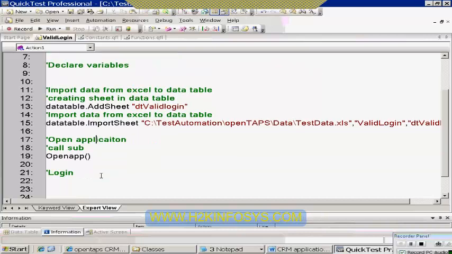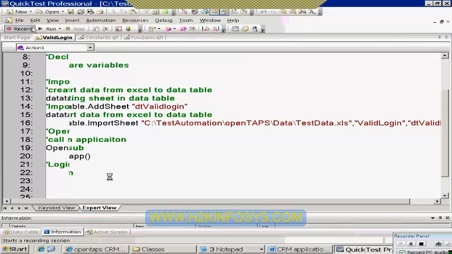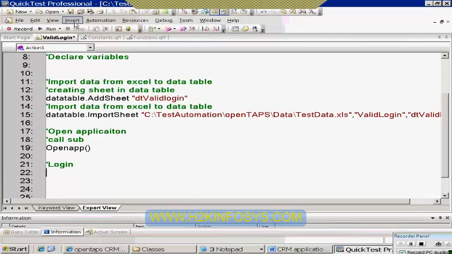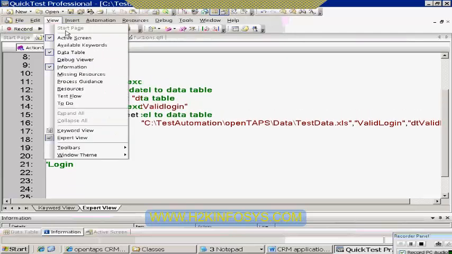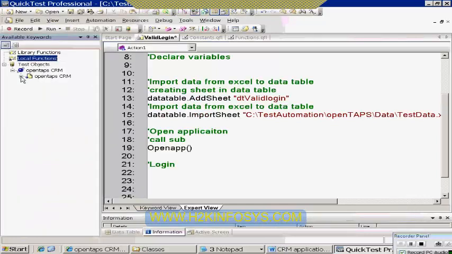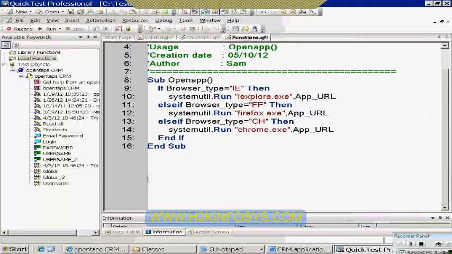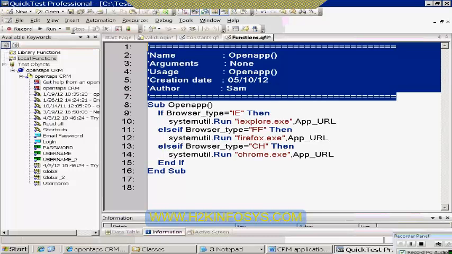Okay. All right. So now let's go ahead and continue our script. So we did the open application part. You can also do the other functions, say for login, right? So let's first bring up this keyboard so that you can see the object repository. And then, if you want to create a function for login, what you're going to do,